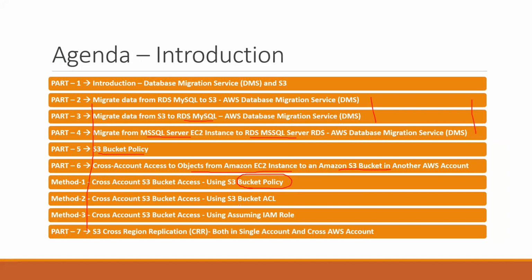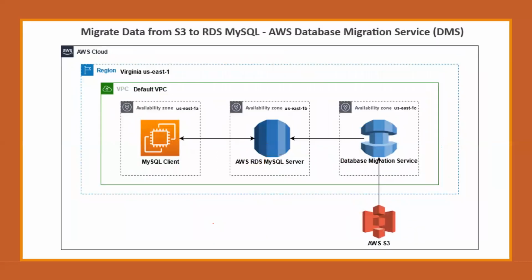The second method is that we can change the ACL using the canonical ID. I will show you in the demo itself. And the third method, we can create it by assuming IAM roles: how we can add the roles, a cross account role, and access the same thing from the other account. I will show you in a diagram also.